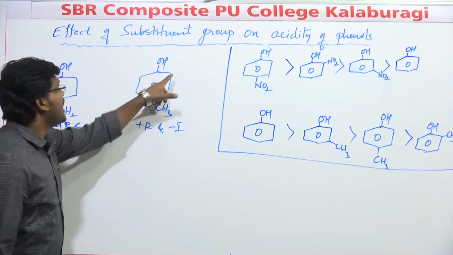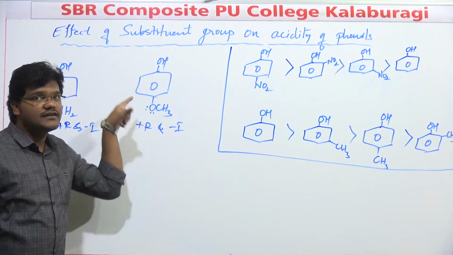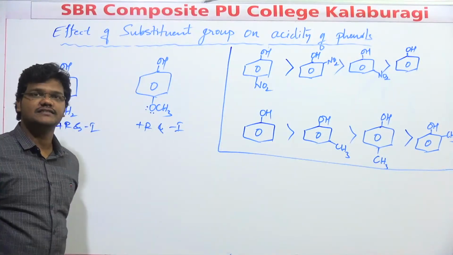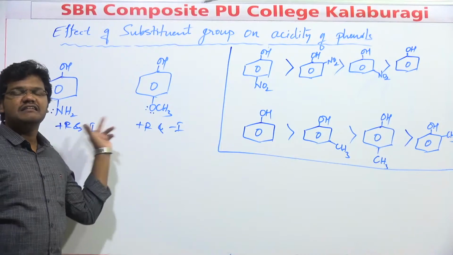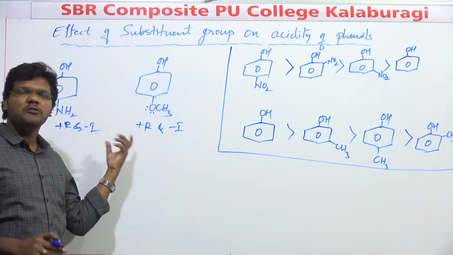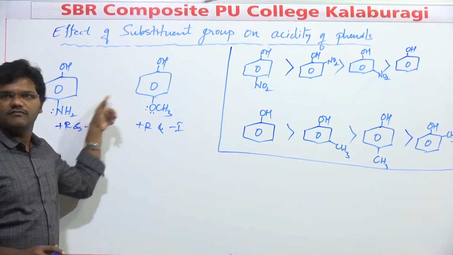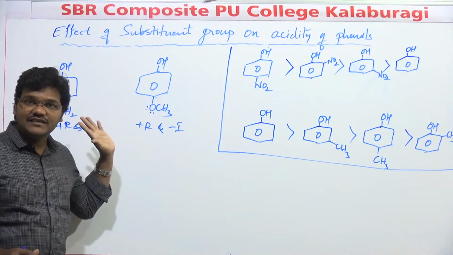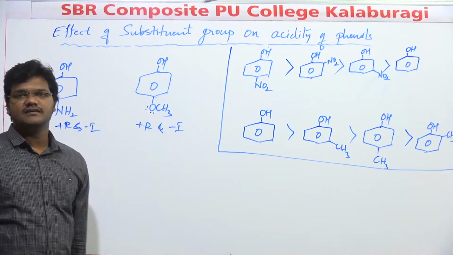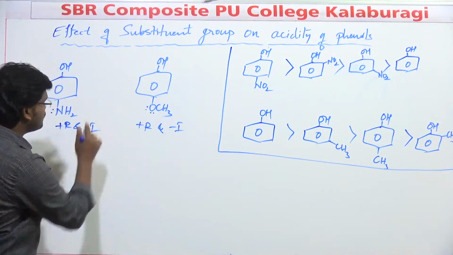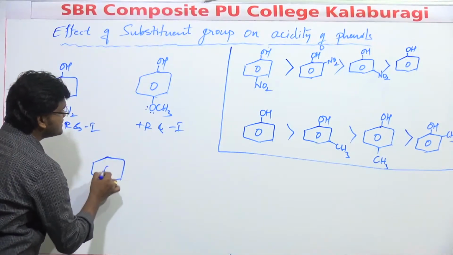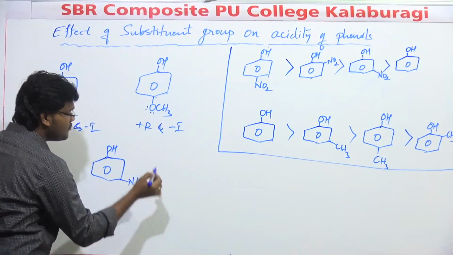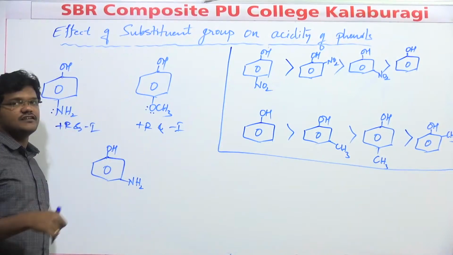Correct? So at ortho and para position, resonance involves that I know. Resonance occurs, so that predominates. And these are electron donating groups in ortho and para substituted phenols, whether it may be amino or methoxy, both are least acidic. If this NH2 or methoxy group is present at meta position,